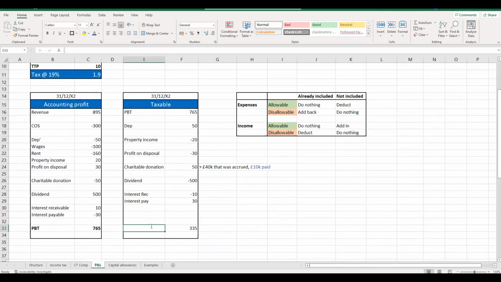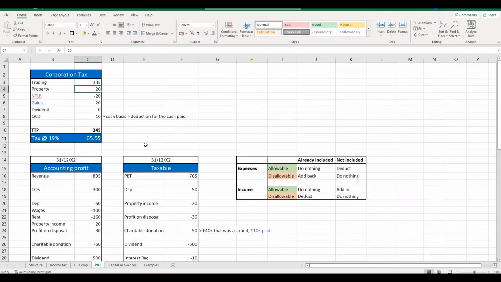Once you've got to your adjusted trading profit, that 335 is going to go up into your corporation tax pro forma. And then what you are left with is your total taxable profits. If, and this is more applicable for those multiple choice questions, you then get asked, what is the corporation tax liability? It's just going to be the total taxable profits times 19%. So quite simple in terms of arriving at a corporation tax liability, because again, like we said, you don't have any of the bands or the personal allowance or anything like that we saw for individuals.